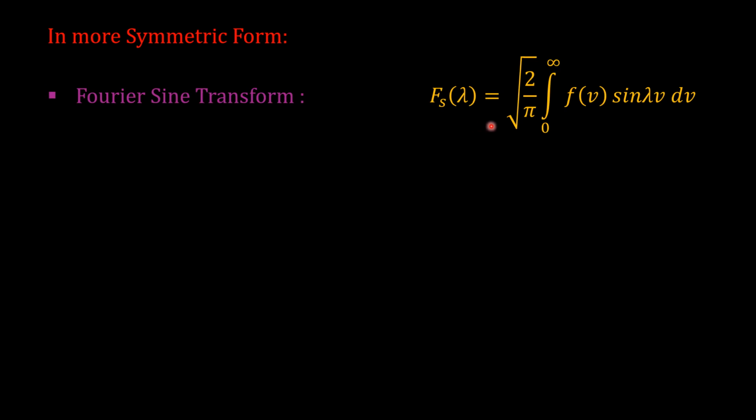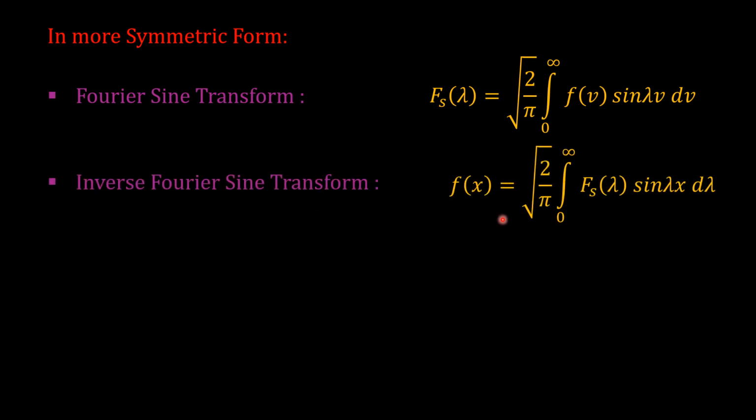in more symmetric form, Fourier sine transform is given by Fs lambda is equal to square root of 2 upon pi integration from 0 to infinity f of v sine lambda v dv, and the inverse Fourier sine transform is given by f of x is equal to root 2 upon pi integration from 0 to infinity Fs lambda sine lambda x d lambda. We can use any of the two formulae, that is either in the symmetric form or